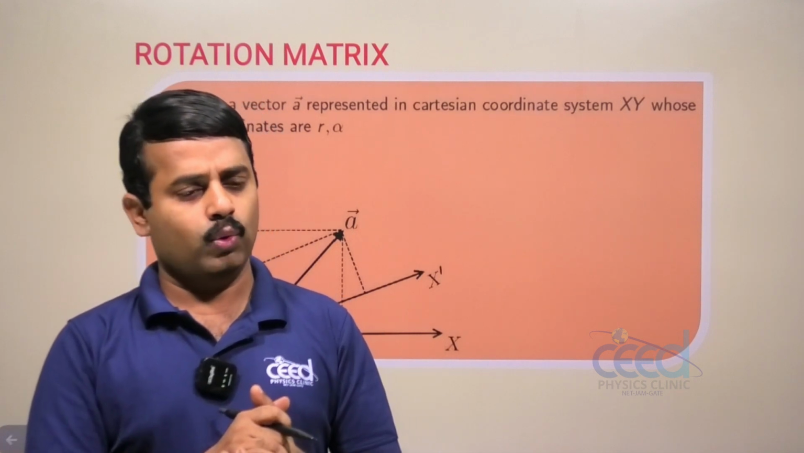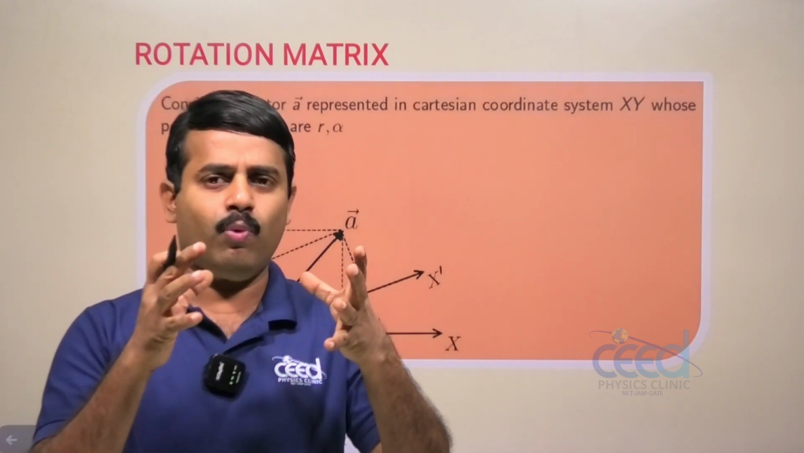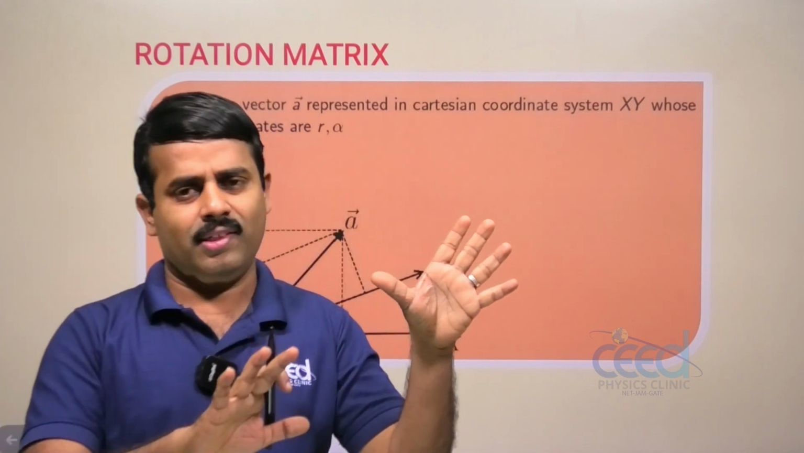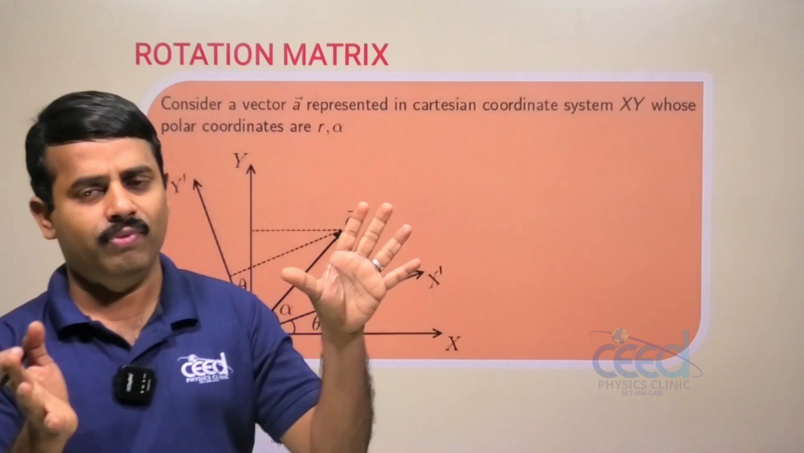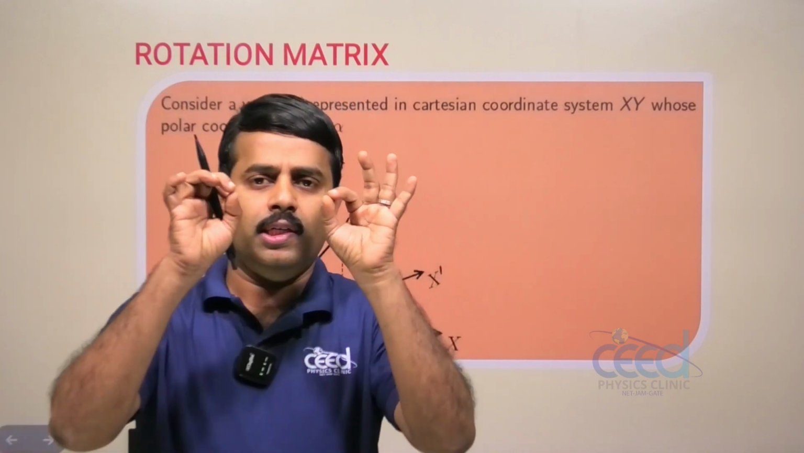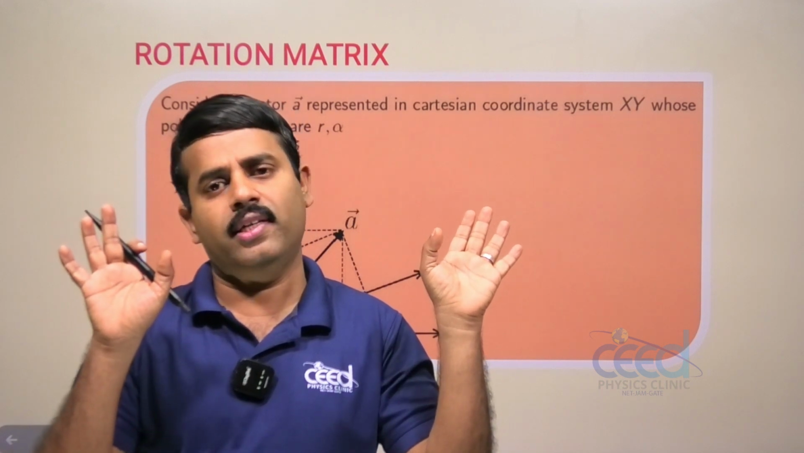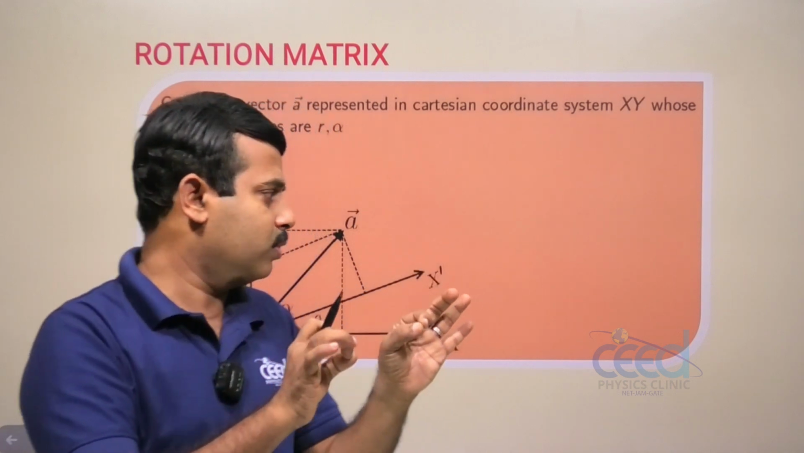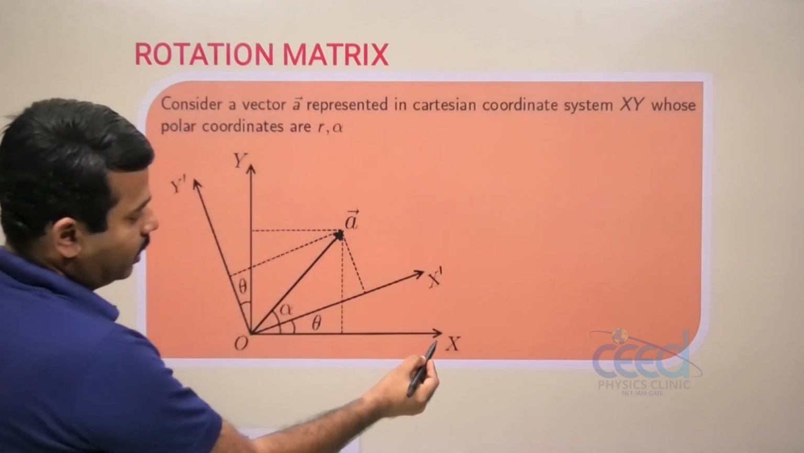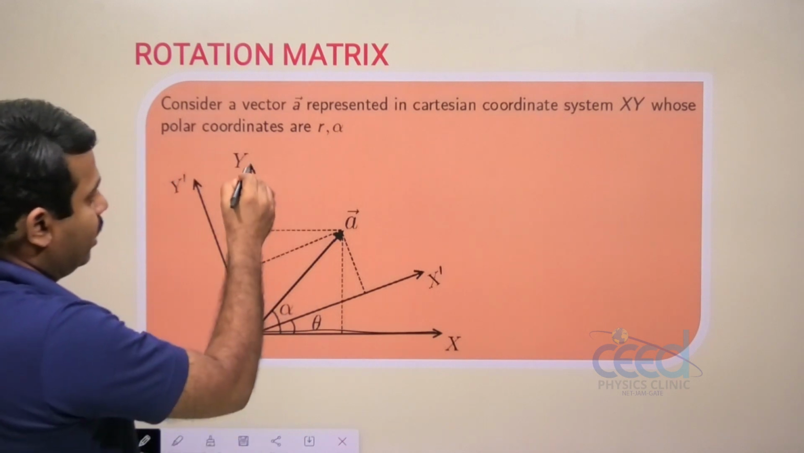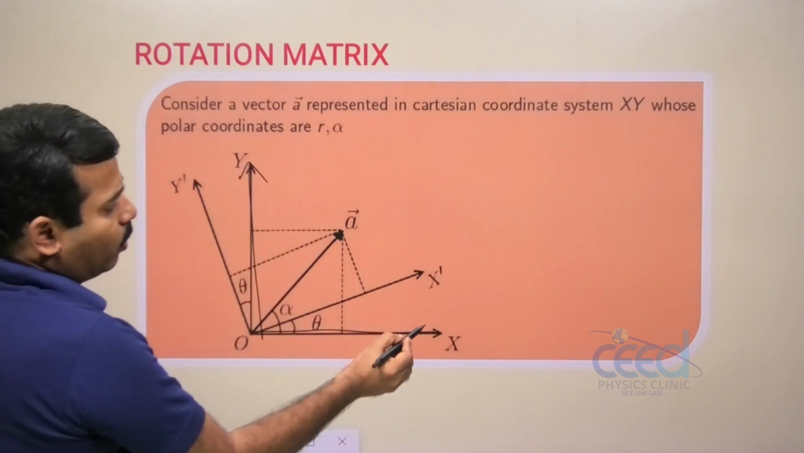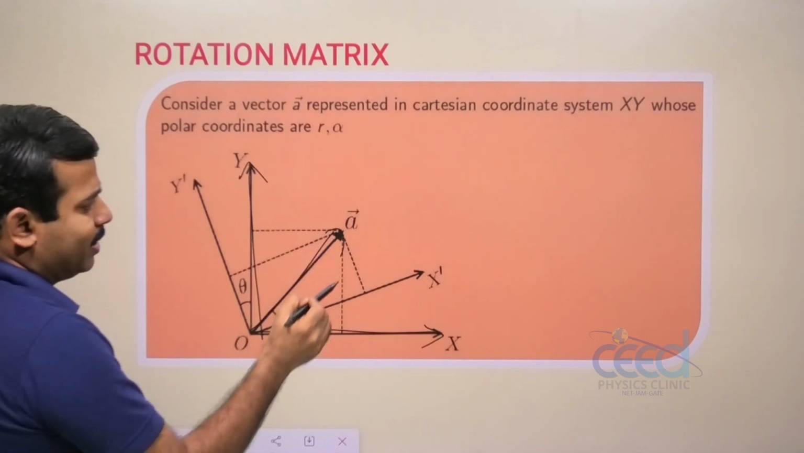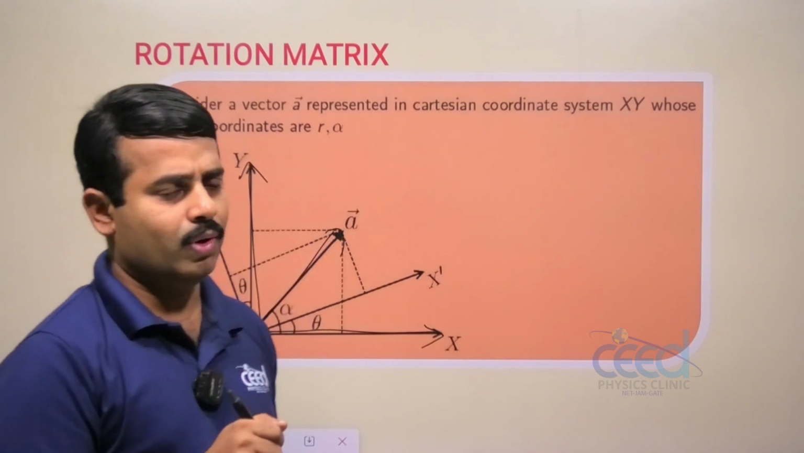Usually to describe one event we require a coordinate system. Maybe it is two-dimensional, three-dimensional. We require a coordinate system to represent a physical event. Now suppose one coordinate system is given, with X and Y. In this coordinate system, I have a vector. That vector is any physical quantity,